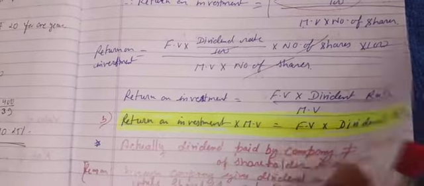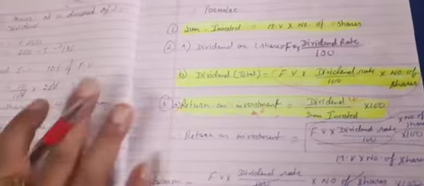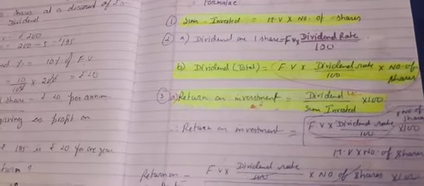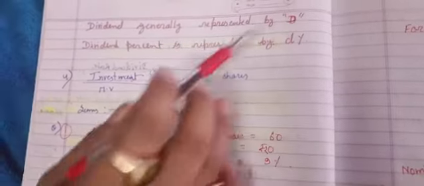And the last formula, which is explained with the help of this one, actually these are the three formulas. On the basis of only these three, we will solve the whole exercise. With the help of this, I have made a fourth formula, that total investment upon market value is equal to number of shares. So we are going to start exercise number 3, question number 1.